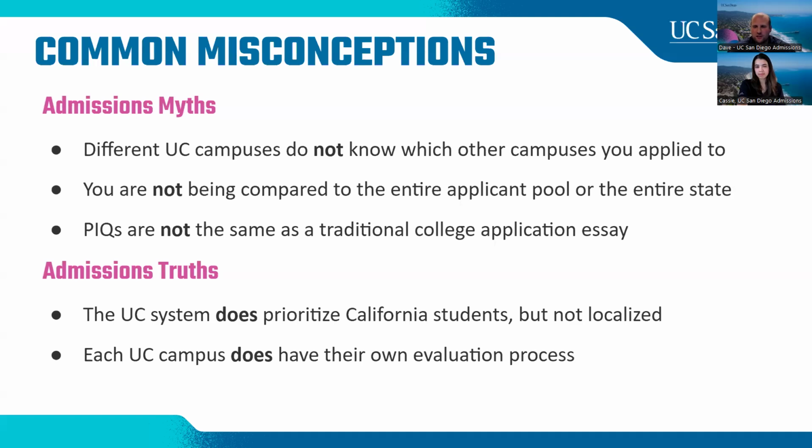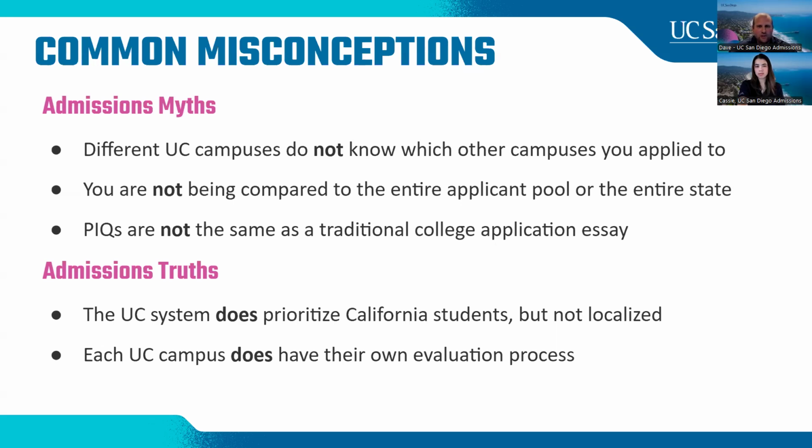So just an additional tip for students, and I kind of mentioned this earlier: if you want information about the UC system, the application process, each individual campus, it's important to actually go to the source, right? Go to the UC website. They'll have the most accurate information that's up to date about the UC application process and other items. If you have questions that are campus specific, we at UC San Diego have the updated information that you'll need to know.